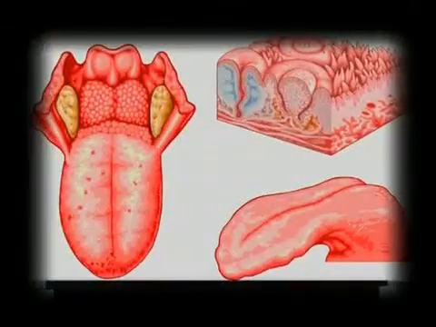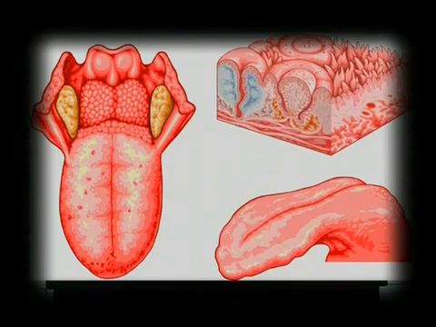You must have observed your tongue in a mirror, and you have seen that it's very rough on the dorsum, on the superior surface. This roughness of the tongue is basically due to the projections present on the mucous membrane of the tongue, and these projections are called papilla of the tongue, and these papilla give the tongue its characteristic roughness. These papilla are of three types.